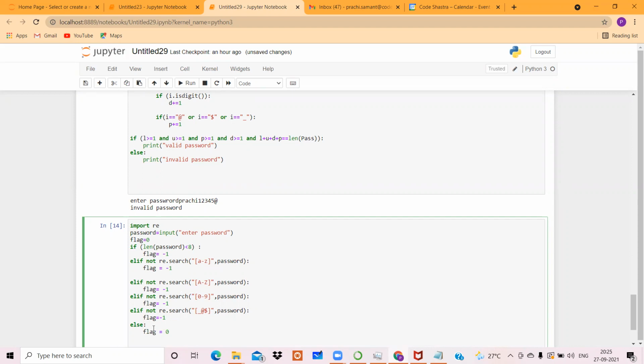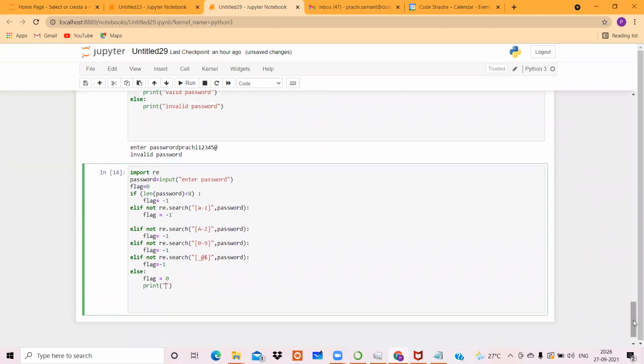So otherwise the value of flag is 0. And if the value of flag is 0, then what are we supposed to print in that case? If the value of flag is 0, that means there is one digit, there is one underscore, there is one special character. That's the reason we are supposed to say that it's a valid password.